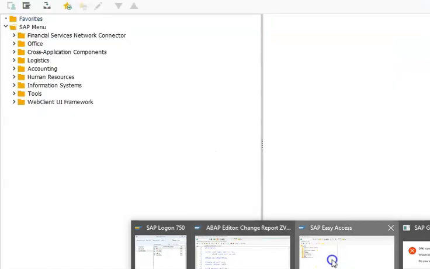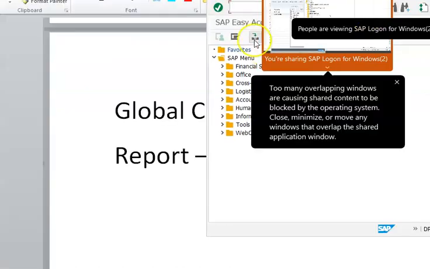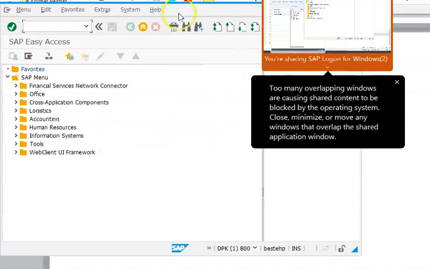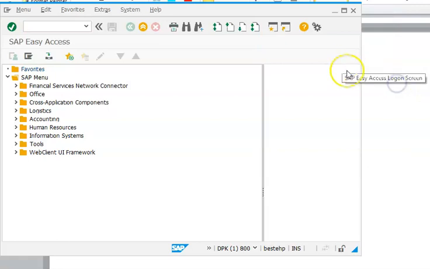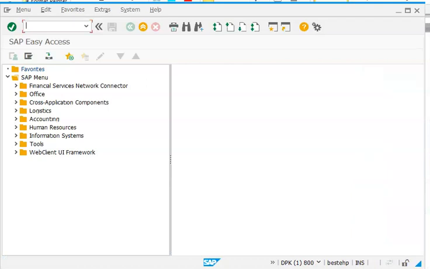First thing is, we have to create a global class, and we also should be able to use that in the program. So this is what we have. Now we'll go ahead with